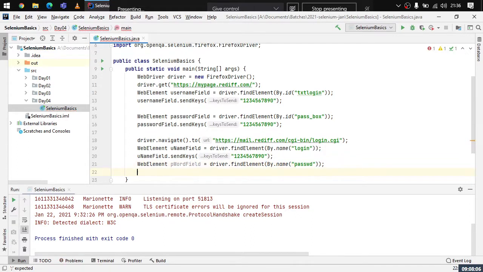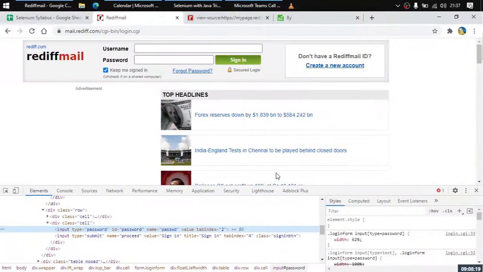So here we have found the element. Now we just need to deal with the element. So password field dot send keys and the data I would like to send, 1 2 3 4 5 6 7 8 9 0 once again, right?